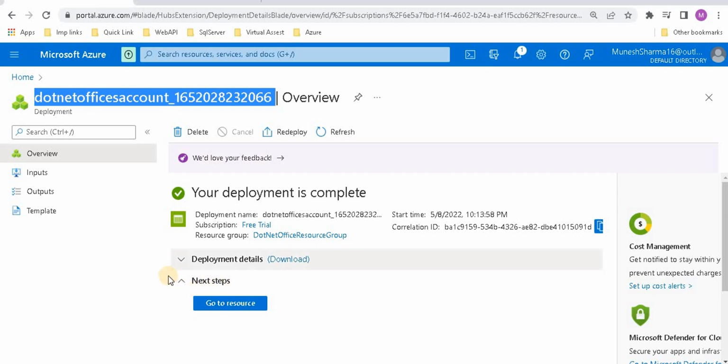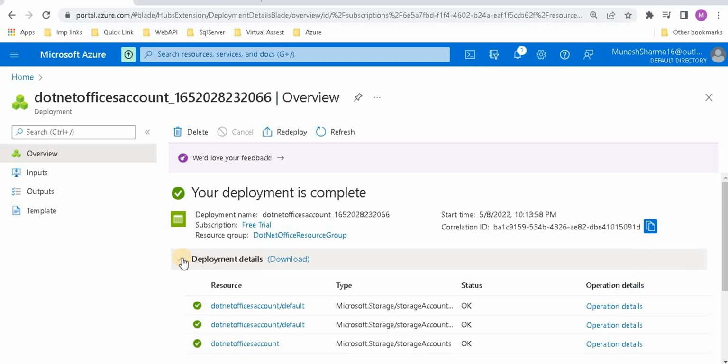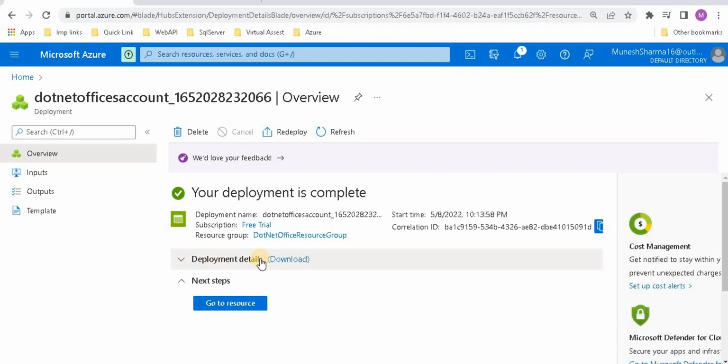Now if you want to navigate from here, we can download our deployment details, or we can go to our resource. So this is the way of creating a storage account on the